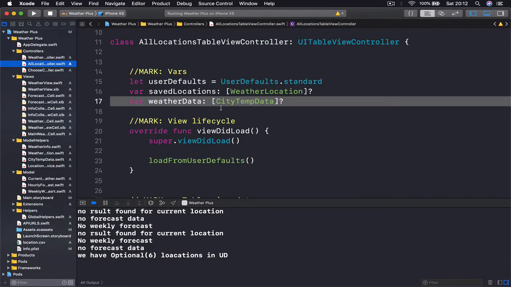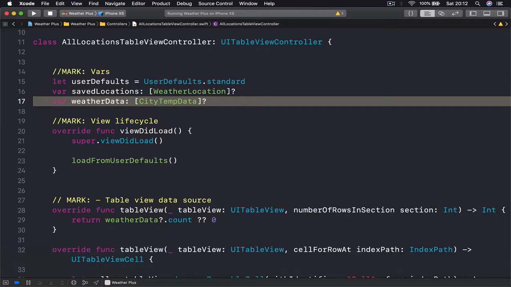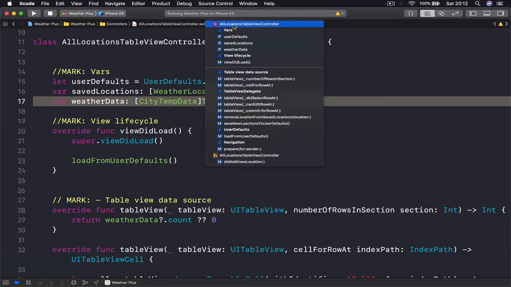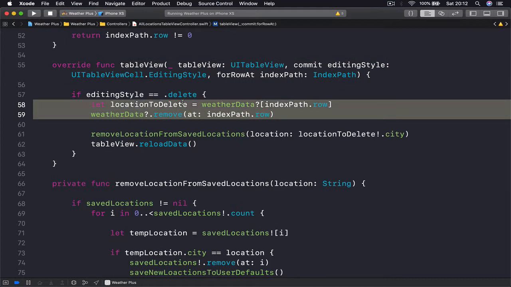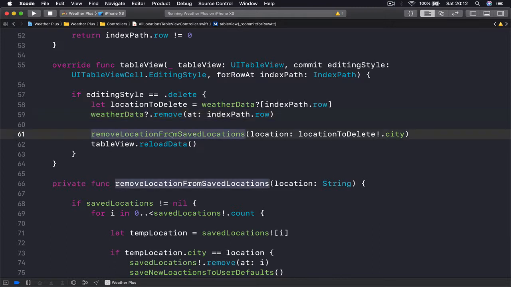All locations, and I'm going to close this part here. So let's go and use our navigation here, which is in our table view delegate, tableView commit editing style. So what we're doing here in our table view function, which is being called every time we want to delete something. First, we remove our user from our weather data, and then we call remove location from saved locations. So if we go to this function